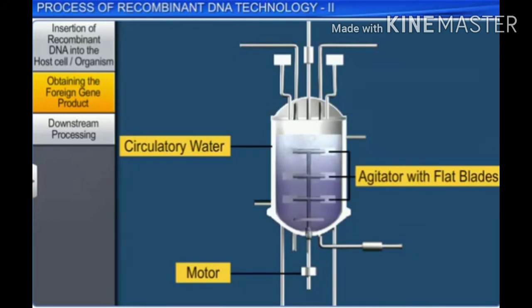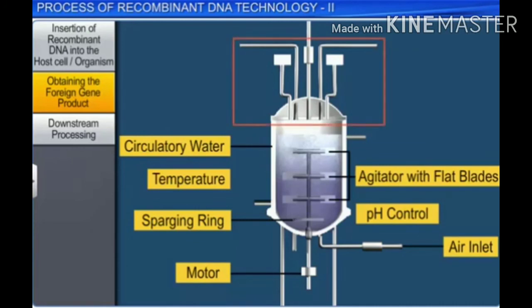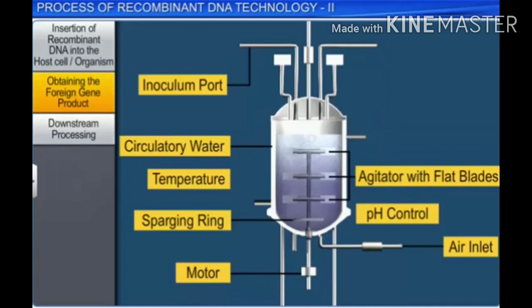The bioreactor also makes adequate provision for aeration, temperature, and pH control. For proper aeration, air can be forced in at the bottom of the tank through a porous ring called the sparging ring by a process called sparging. Moreover, there is an outlet to remove air and waste gases at the top of the tank. The top of the tank also has a number of inlet tubes called ports, through which materials can be introduced or withdrawn. For example, the inoculation port is used to introduce the initial inoculum and the nutrient port to introduce more